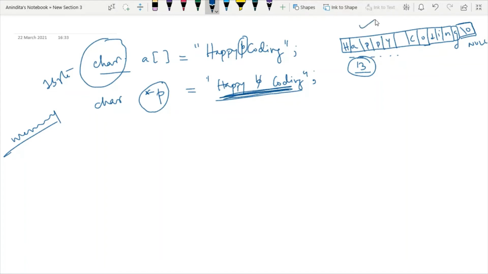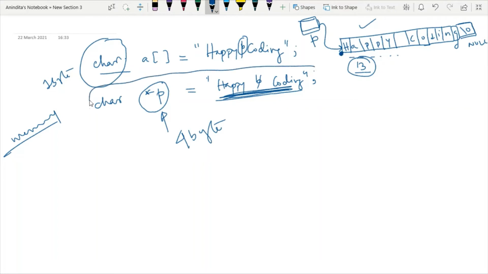The array will be created, fine. Then for the pointer, an additional 4 bytes are assigned. This is for pointer p, and this pointer will point to the first address of this array.